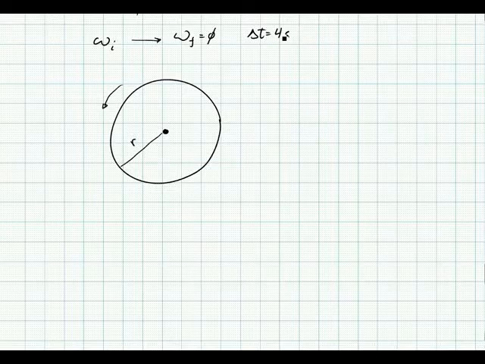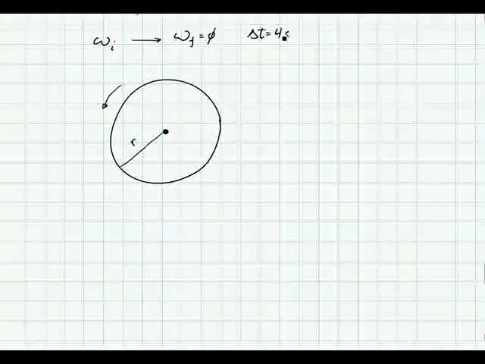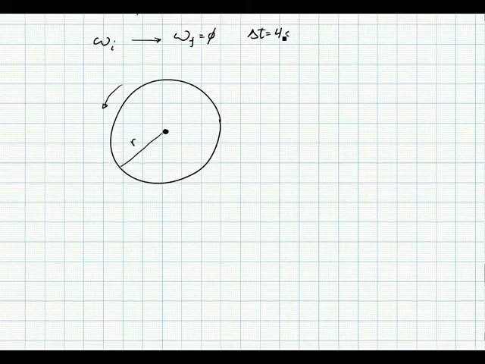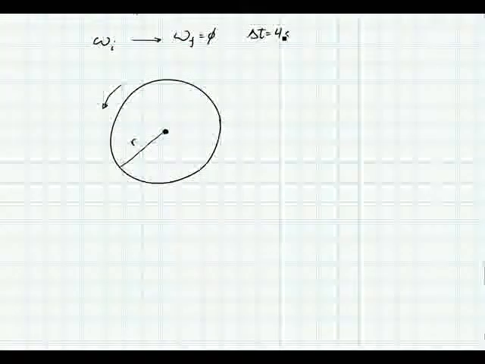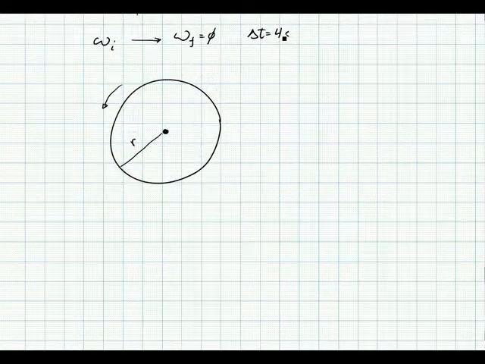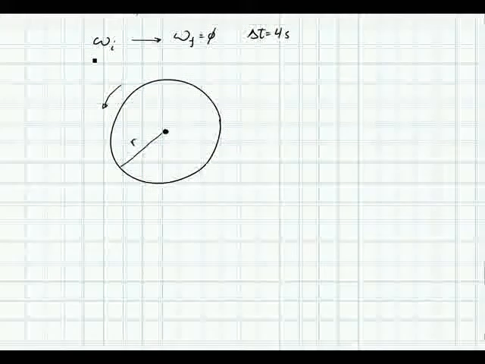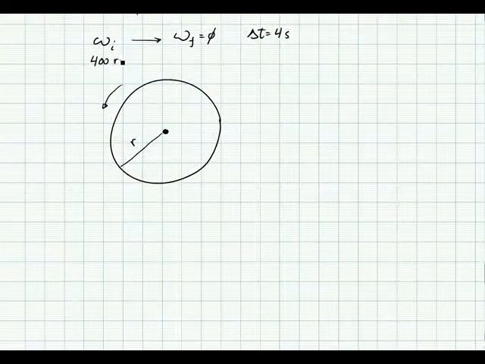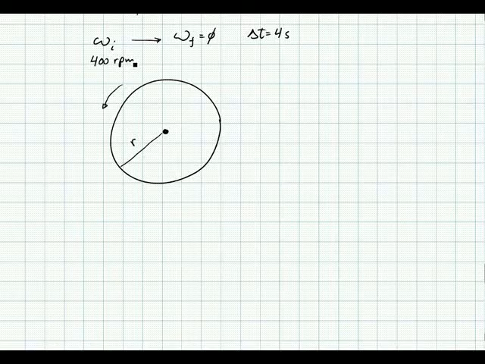So we want to bring the disk to a stop in 4 seconds. So initial velocity omega I going to final angular velocity of omega f in 4 seconds. For the sake of argument, if we say initial angular velocity is 400 revolutions per minute, for example,